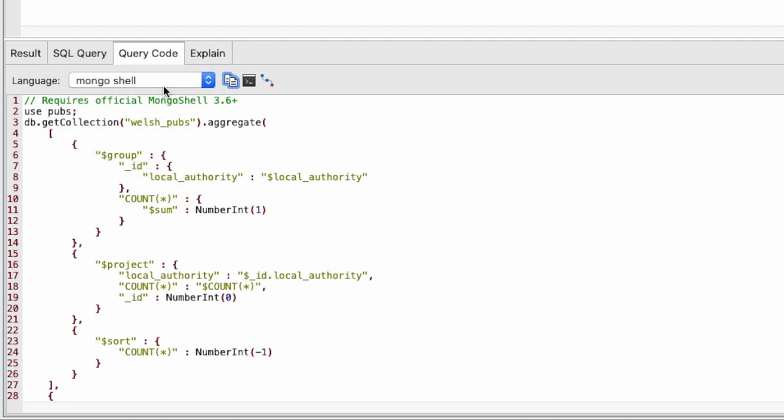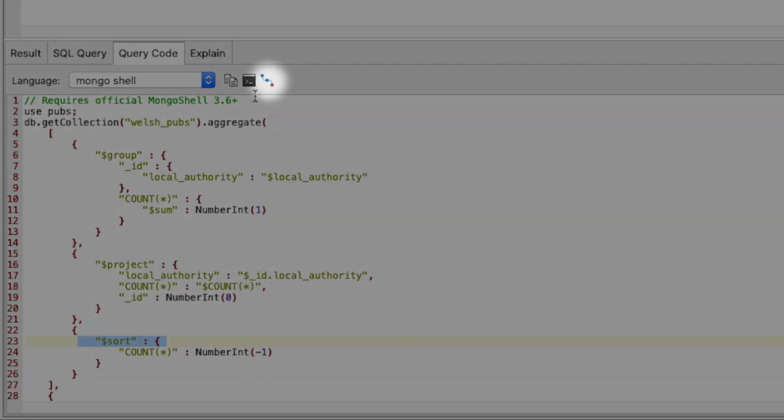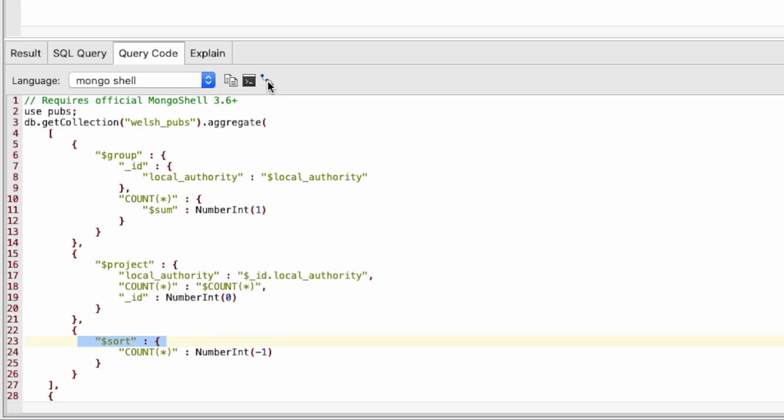Notice several operators preceded by a $ sign. In this case, group, project and sort operators, each of which carries out a specific task. Each of these is an argument passed into the aggregate method. If we were to run this code in IntelliShell, you should get the same results as running the original SQL statement. At the top of the Query Code tab, click the rightmost button to open this query in the Aggregation